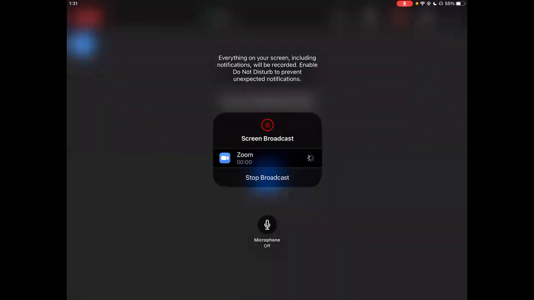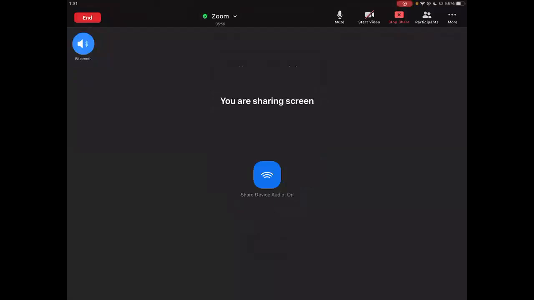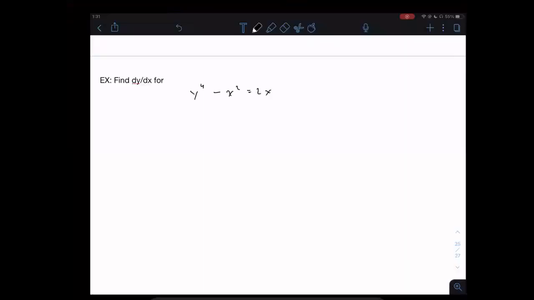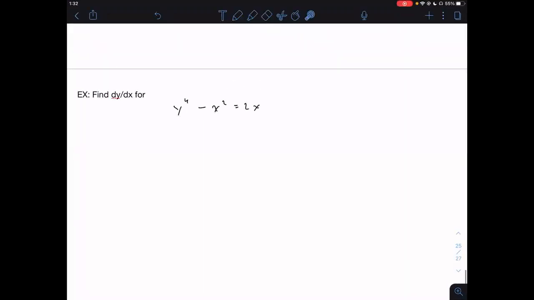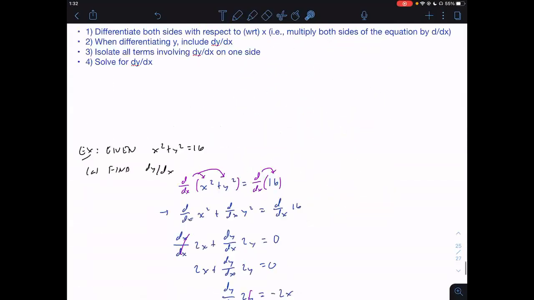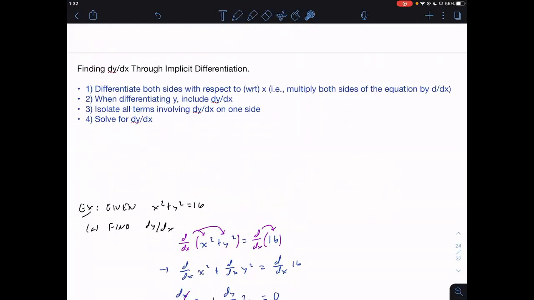All right, so let's continue here with section 3.6, do a couple more examples of implicit derivatives here. And as we saw from the last section, sometimes when we have a function that is not written in an explicit form, to find its derivative, we got to conduct what's known as implicit differentiation. All right, so recall, to find the implicit derivative of an implicit function, what we first got to do is